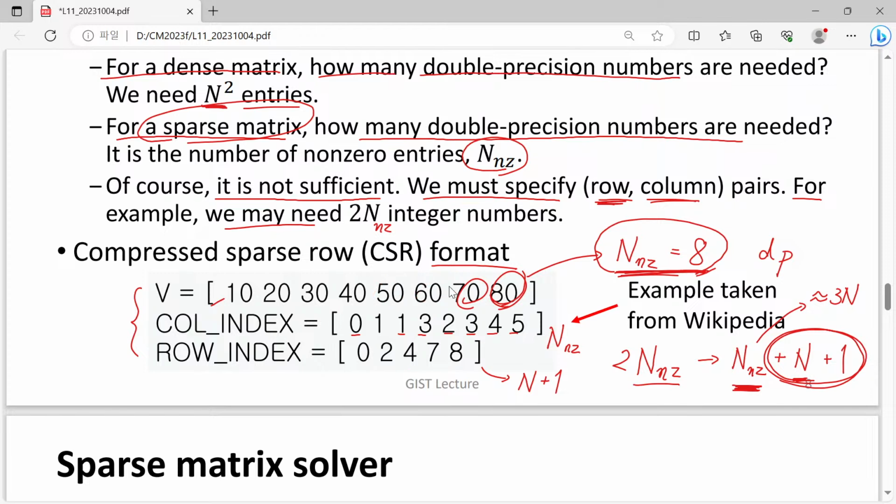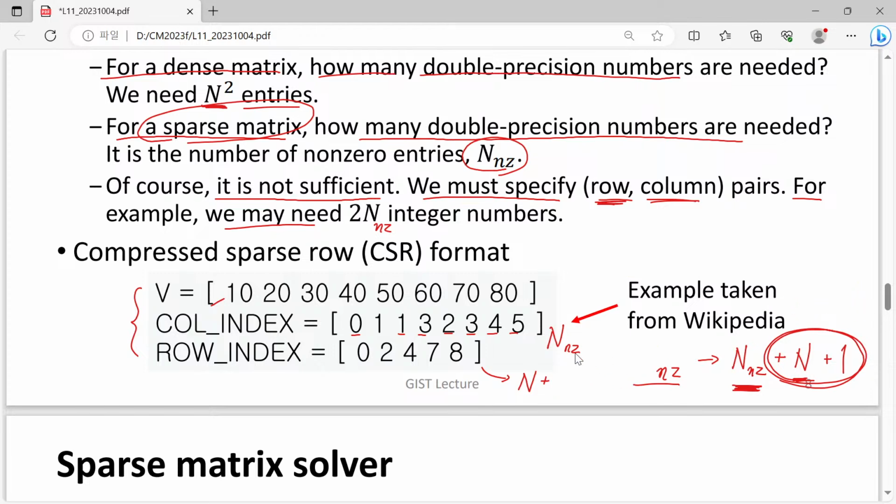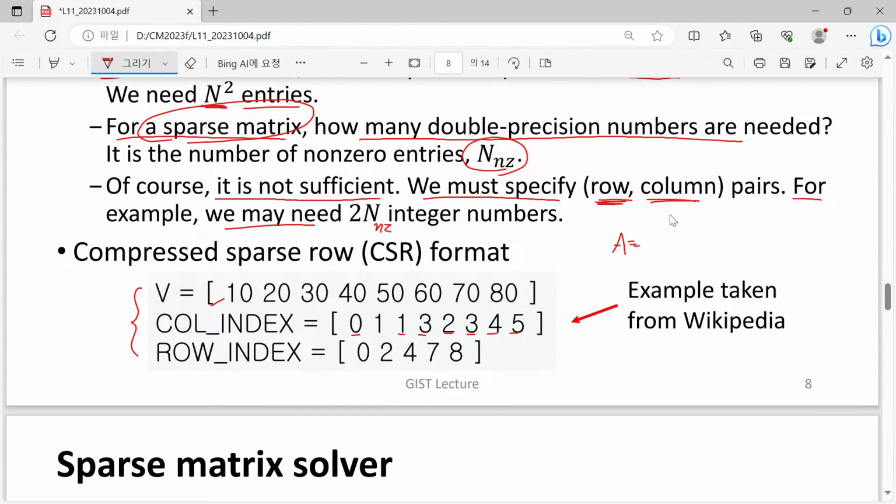This compressed sparse row format is quite efficient. However, it has one big disadvantage, a weakness. Please keep in mind that this kind of thing is quite efficient. However, there is one thing we have to keep in mind. Let's say that we have already made it. So here we have a matrix, and